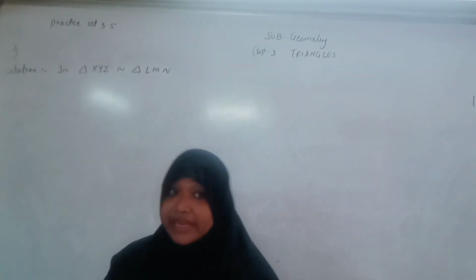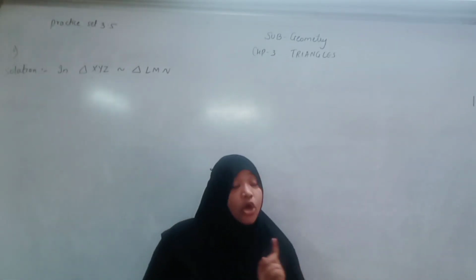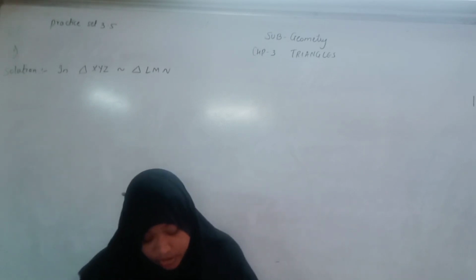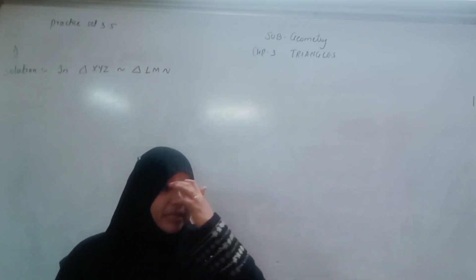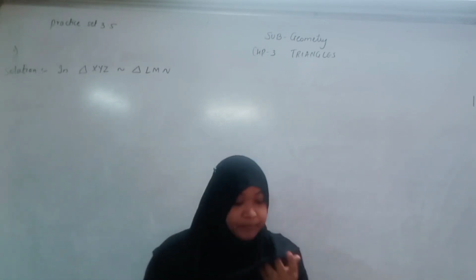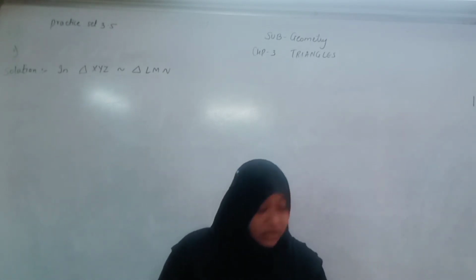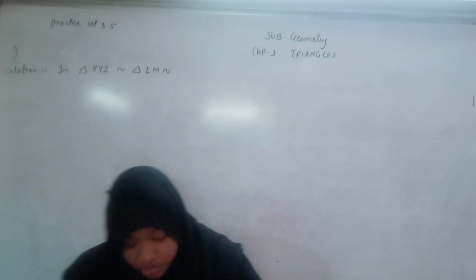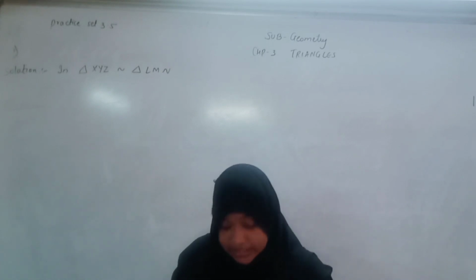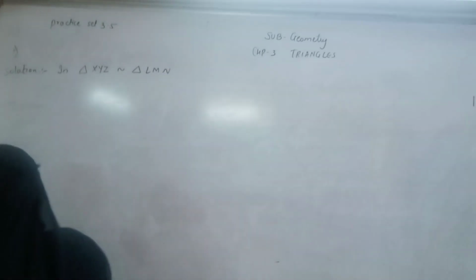See, what have you been asked to make of the sides? Ratio. And what have you been asked to make of the angles? Corresponding angles, which means you have to state the congruent angles. Done beta? Come on. So shall we start? Now we have to show first the corresponding angles. So how are we going to show the corresponding angles?